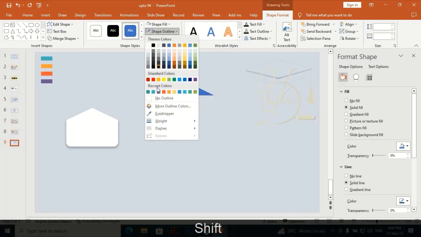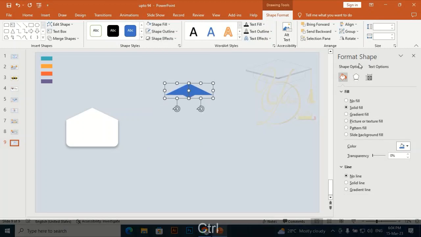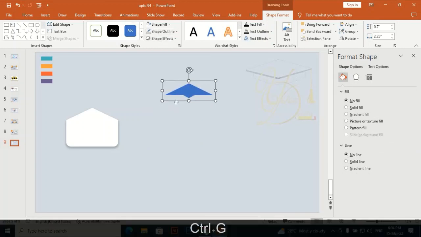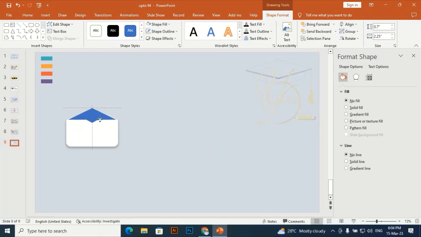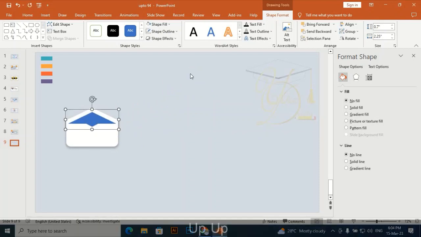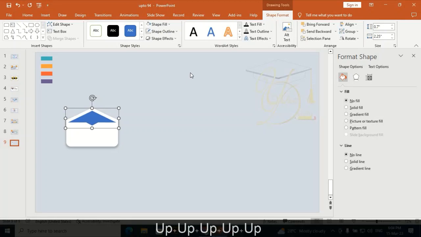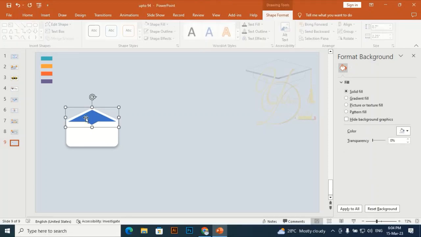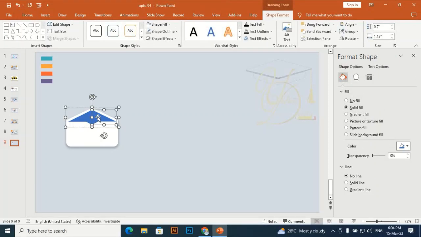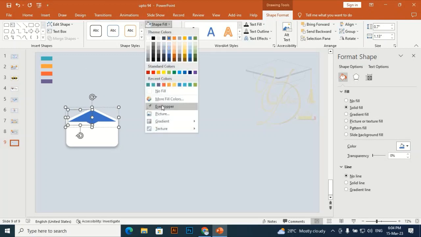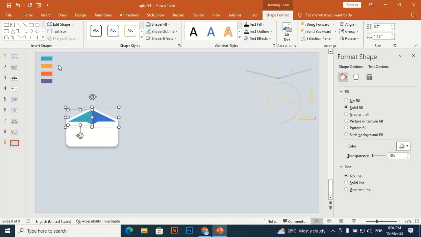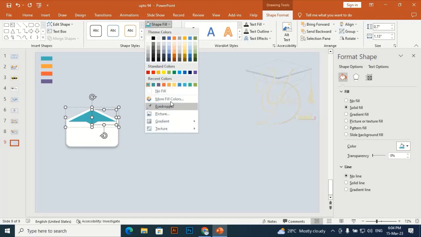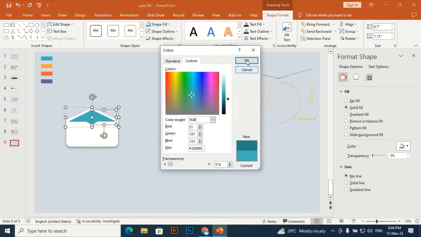these two shapes and shape outline, make it no outline. Control G to group it, and now place it here. Let me align it through the arrow keys. Select one side, this one, I think this one side, and through the eyedropper I'm going to give it the first color from the color palette. Select this one and the recent color, go to more color and make it little bit darker, that it gives